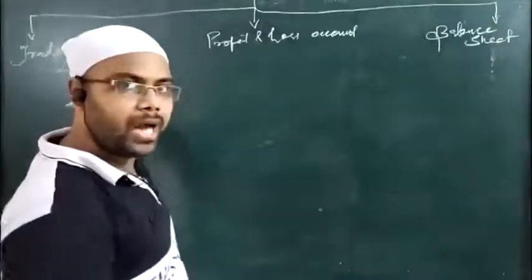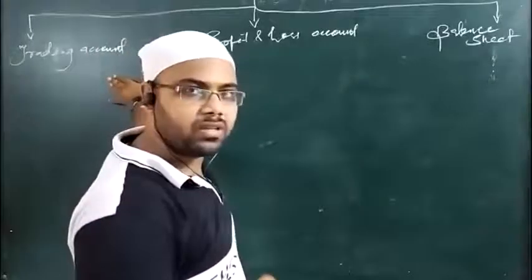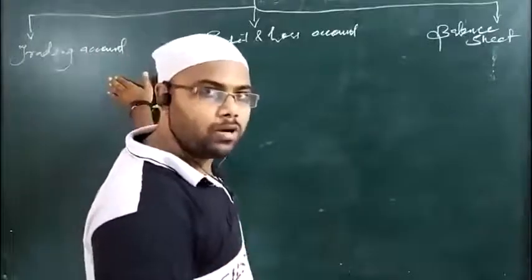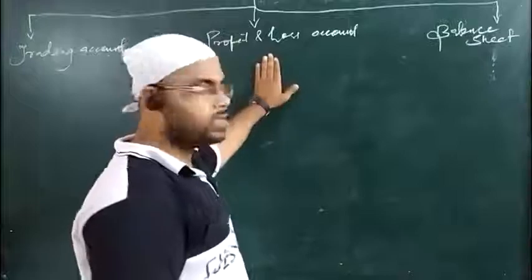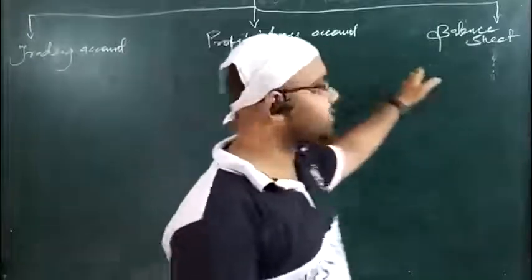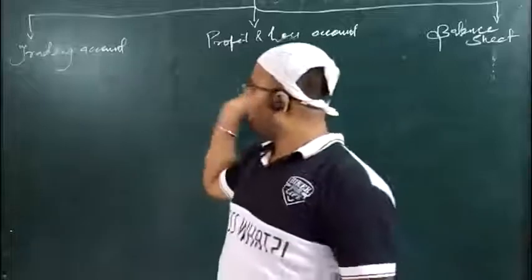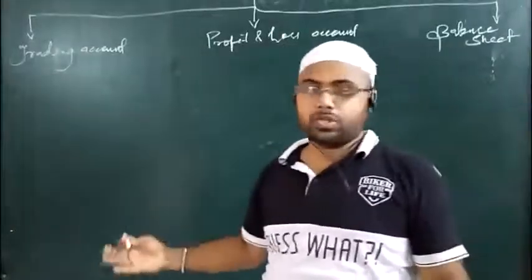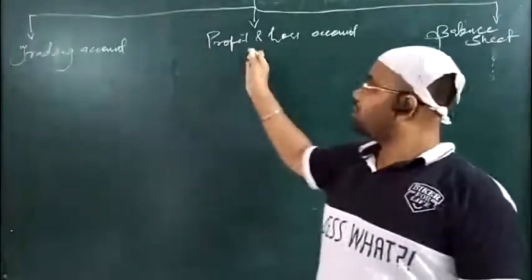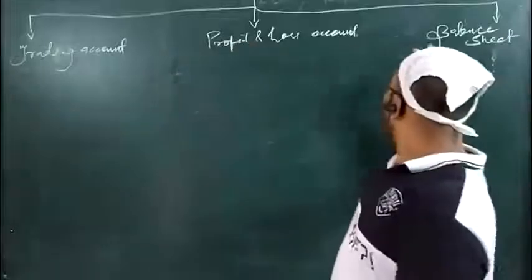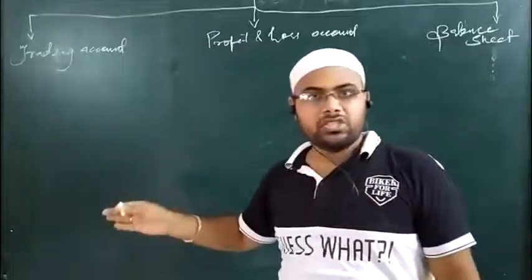and nominal account both. I have explained to you why, because the expenses are also posted and real account balances are also posted. Profit and loss account is purely a nominal account, balance sheet is a statement. Now we'll see what things are posted in these accounts. So trading account and profit and loss account combined are called the income statement. Balance sheet is itself called a position statement.